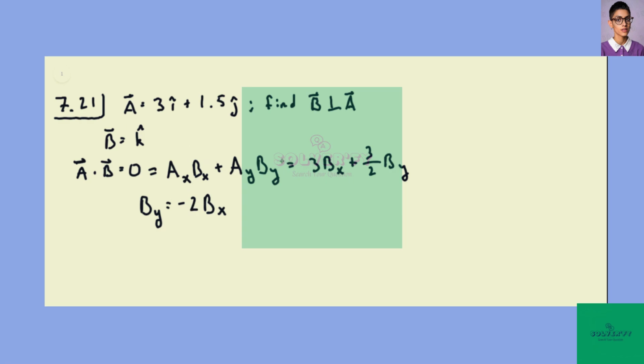If we'd also included a plus 0 times b sub z, you'd see that if you let b_y and b_x be 0, then any multiple of the z unit vector k hat would also be a solution that works. But if you want one in the same plane as a, then